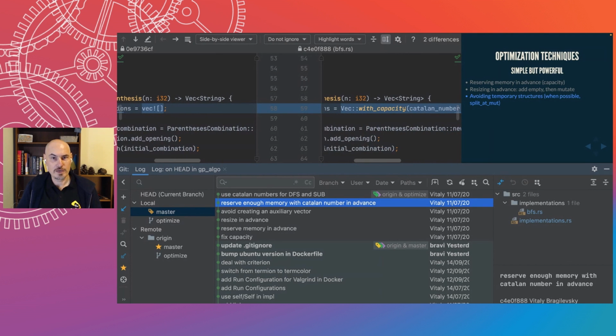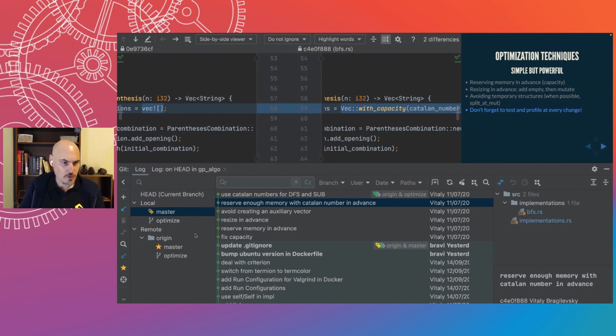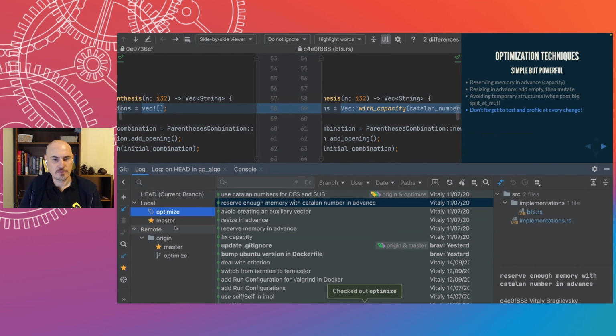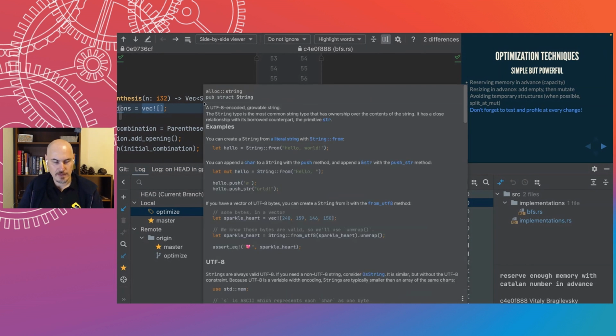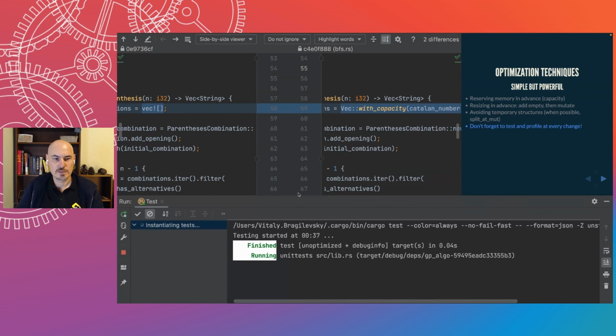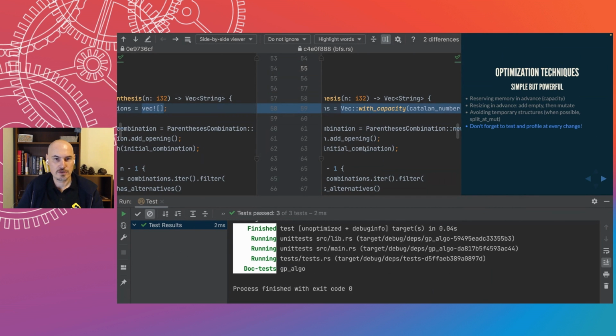And of course, whenever we do these changes, we have to check if everything is all right. So whenever we do all those optimization techniques, we have to test. So for now, let me check out this optimized version. Okay, here we are. And then, of course, I'll run tests. So this is the optimized version. Okay. And now let me